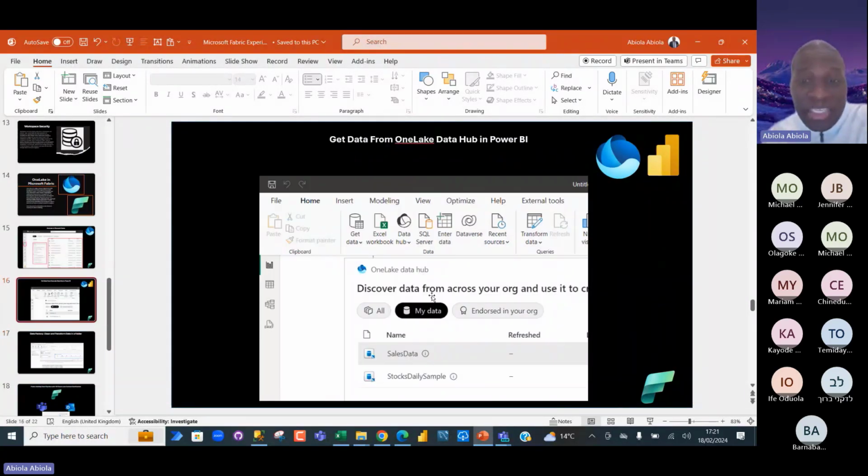And of course, you can even get data from OneLake into Power BI Desktop for analysis. So this is an amazing interconnectivity between Power BI Desktop and Microsoft Fabric. For instance, let's say I want to perform some analytics or data modeling in Power BI Desktop. I can easily do that by getting data from OneLake, such as the lakehouse, warehouse, or the KQL database, and then get the data into Power BI Desktop, perform your analysis, and then you move on. So this is amazing stuff.